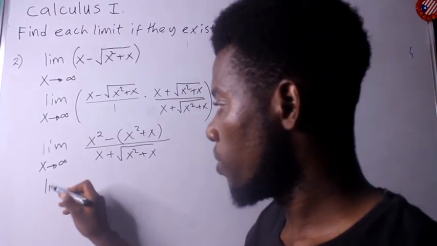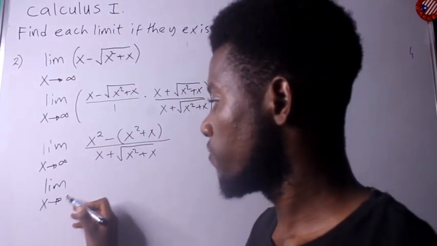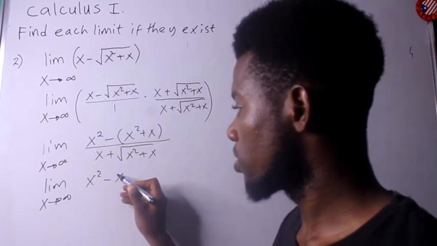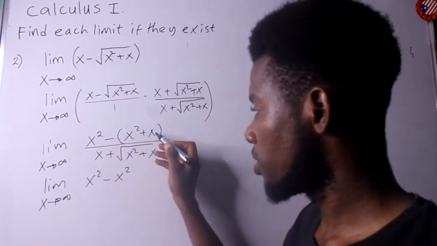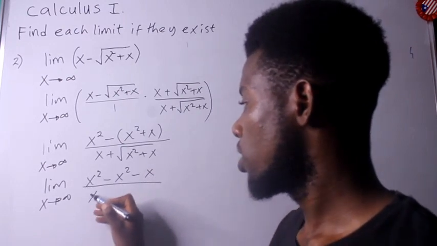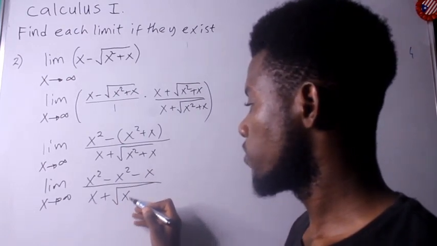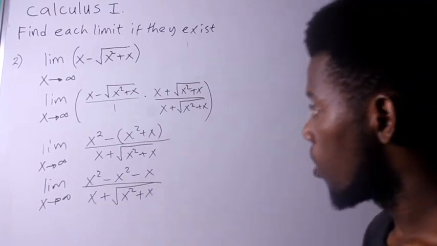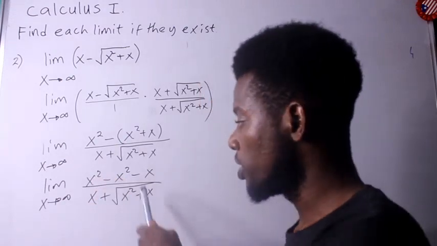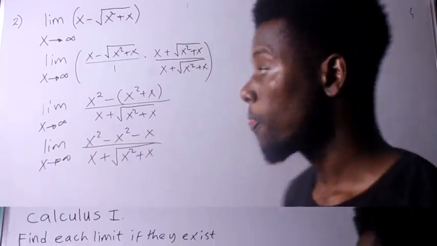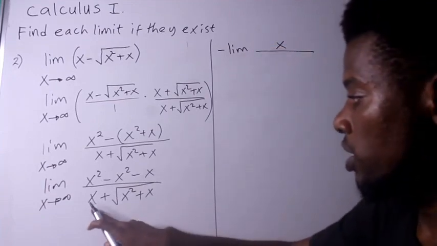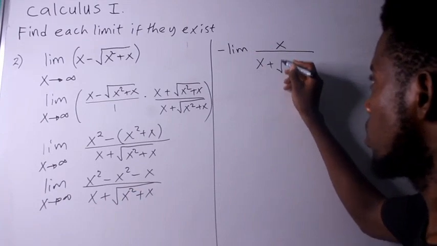Great. So we move on and write the limit as x approaches infinity. We have x squared minus x squared, and then the negative times x is negative x, all divided by x plus the square root of x squared plus x. Good. Once we do this, we realize that x squared and x squared are going to cancel out. So this negative is going to go behind the limit sign. Minus, so we have the limit of x all divided by this x plus the square root of